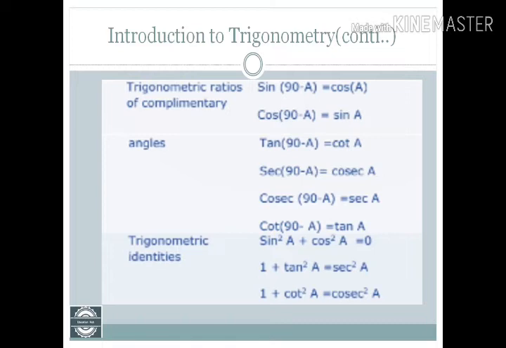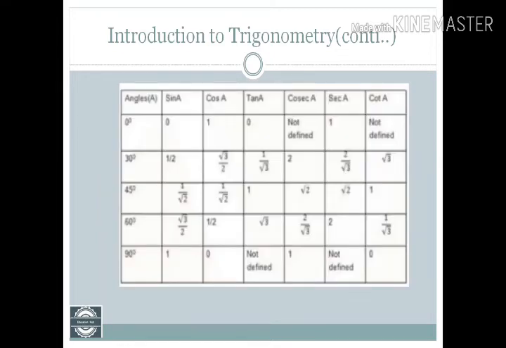Now see here, I am telling you sine 90 minus A gives you cos A. Cos 90 minus A gives you sine A. Similar for tan and cot, sec and cosec, cosec and sec, cot and tan. One thing you have to remember, these identities: sine square A plus cos square A always gives you 1,